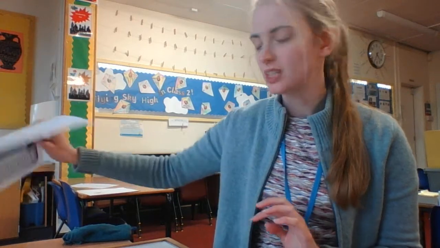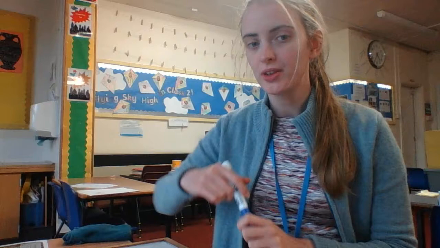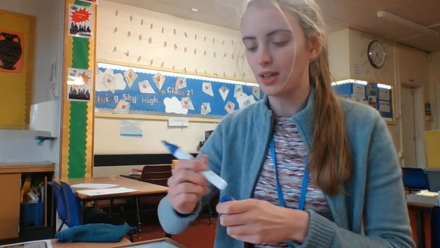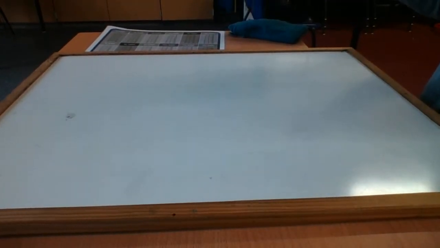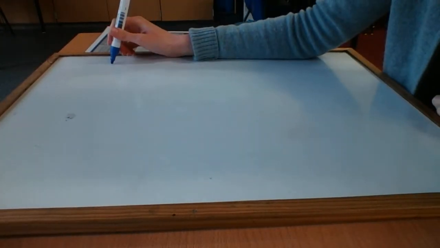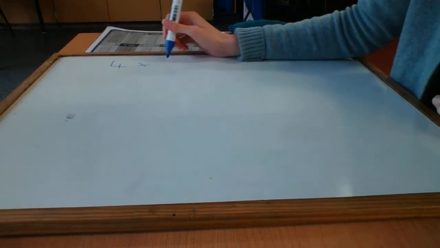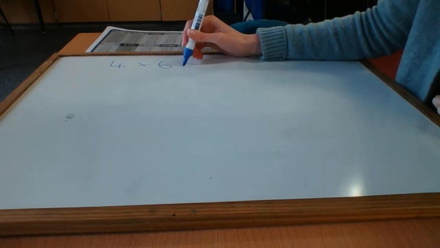So what we're going to do is you'll want one of those, and then I'm just going to turn this and show you the board. We're basically going to do the same sorts of things as yesterday, but without the array today. So just using a multiplication fact from our grid. Okay, so I'm just going to turn the camera. Let's have a look. So if I've got the calculation, let's say 4 times 6 equals